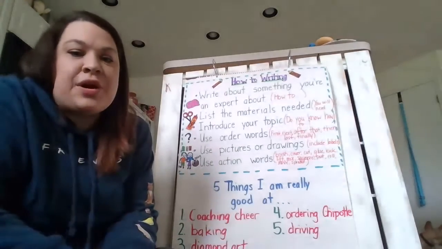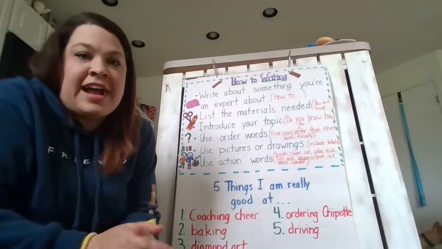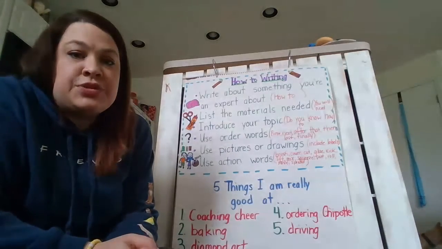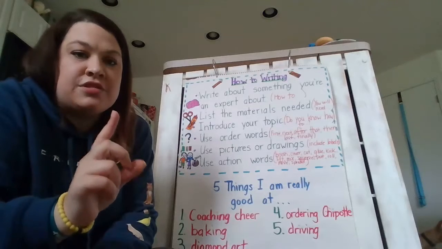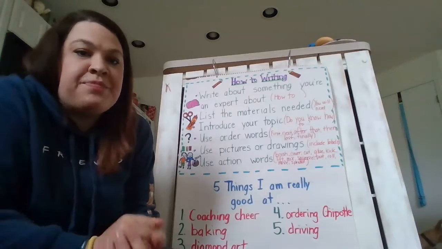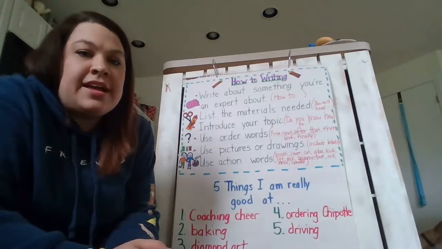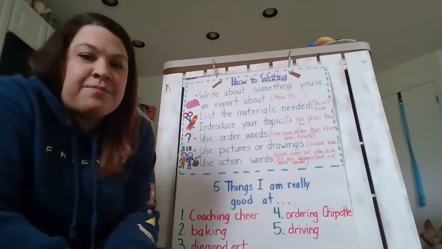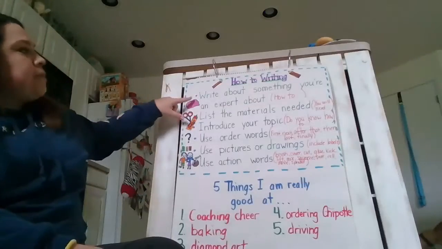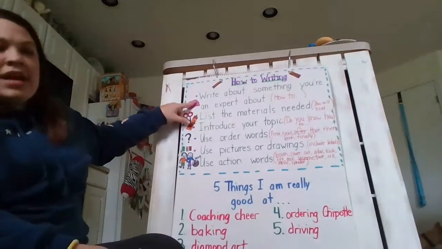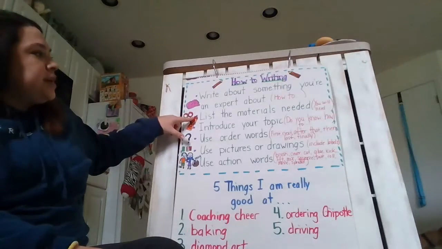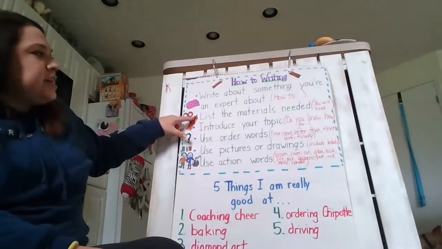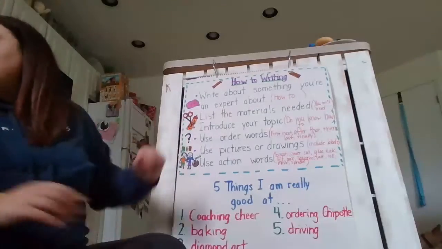So yesterday you wrote 5 things that you're really good at. Today I want you to pick just one of those things and we're going to start doing our how-to writing. Okay? So pick one thing. Think about what you're going to pick. All right. So we did the first step. We're going to write about something we're an expert at. The next thing that we're going to do is we're going to need to list all the materials that we need to